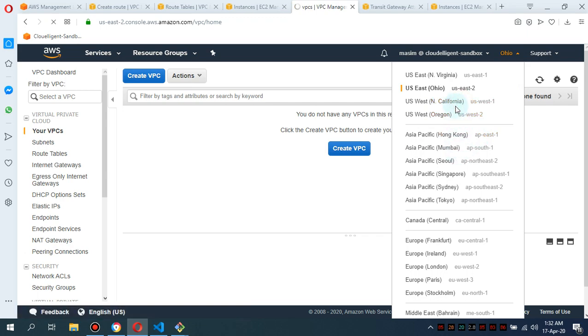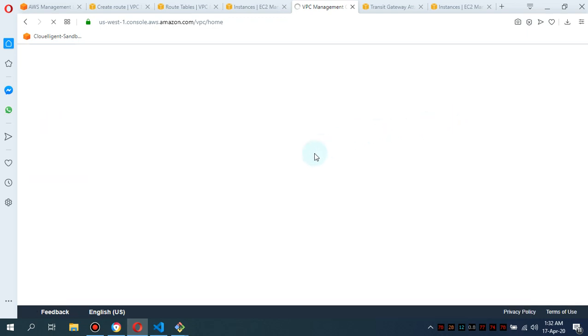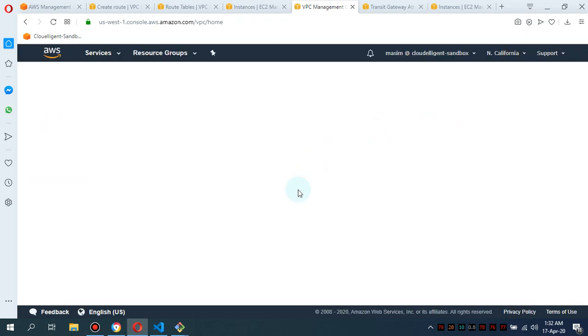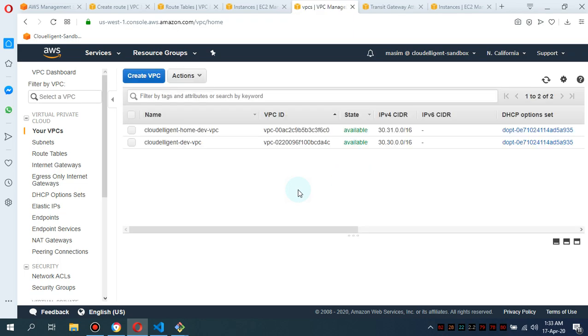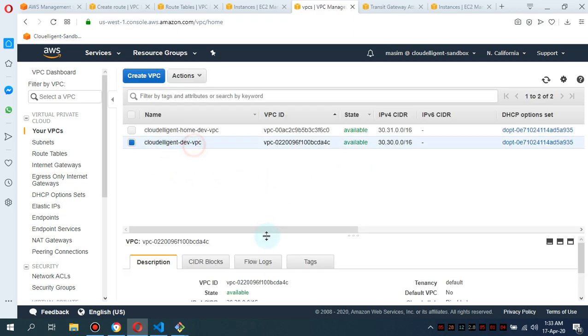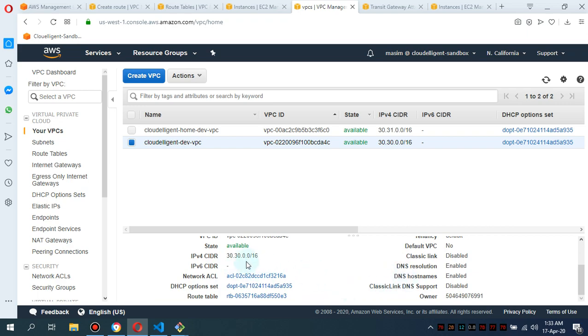Navigate to North California. You will see the two VPCs here. One with the CIDR range 30.30. You see, and this is the one. I have to simply copy this,